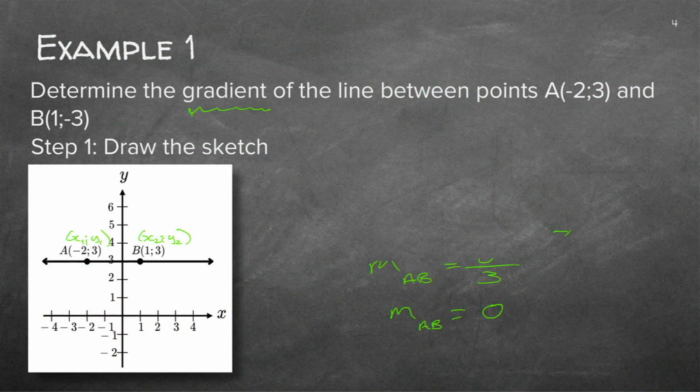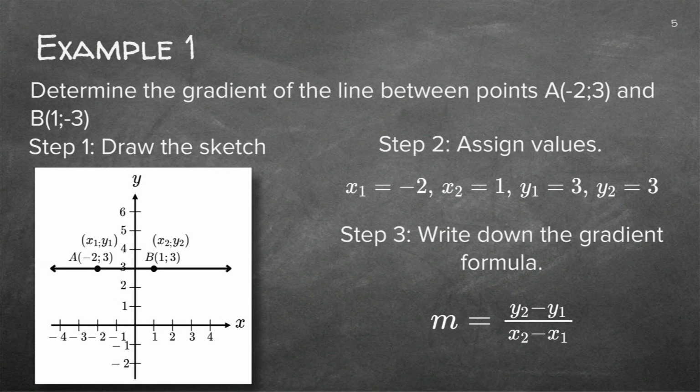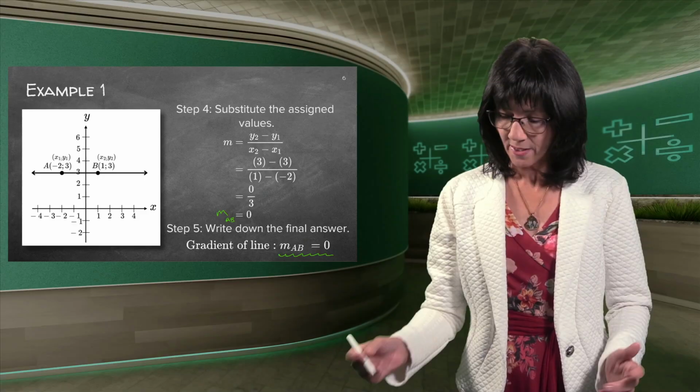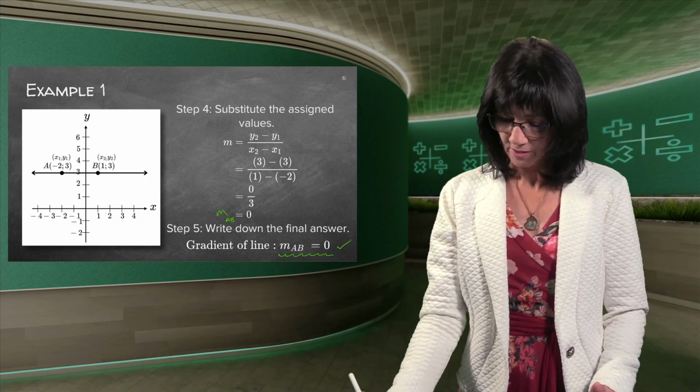The method stays just the same, which you're going to now practice on your own if you redo that. After you've done that, you will see that there is a proper answer, the formula, your assignment of your coordinates, and then the answer in the end. And just remember to give the answer in a formal manner. The gradient of AB is equal to 0. Good. You see the way I did it previously, I wrote M here all the time, and I wrote the AB here all the time. So if you do that, you can just leave it at that because that was the final answer. If you did it this way of writing, there's always different ways. You just need to write down the final answer like that.